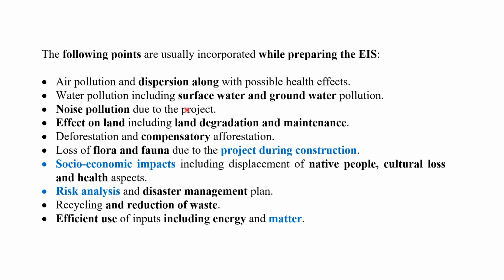Next, we can see normally, while preparing the EIS, what are the various parameters to be incorporated in the EIS report. Or we can say these are the parameters which we normally carry out at the time of EIA, environmental impact assessment. So we collect the data pertaining to these parameters. For example, air pollution and dispersion along with possible health effects, water pollution including surface and groundwater pollution, noise pollution,